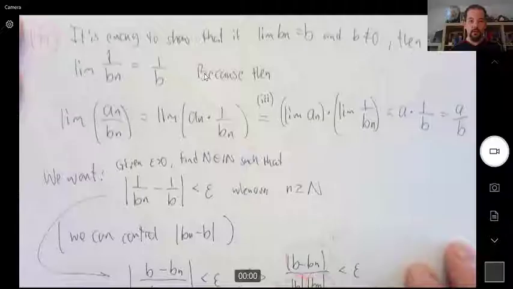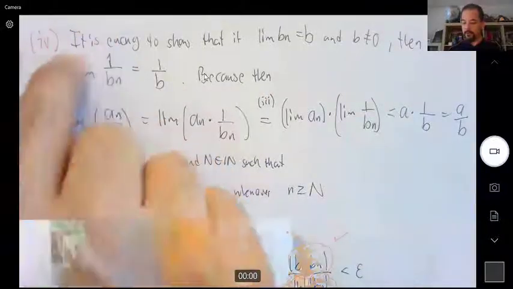The limit of a product is the product of the corresponding limits, and we were doing the limit of the quotient, and for that we saw that it was enough to do the limit of 1 over b_n. So let me go to the page and remind you where exactly we were working at the time,